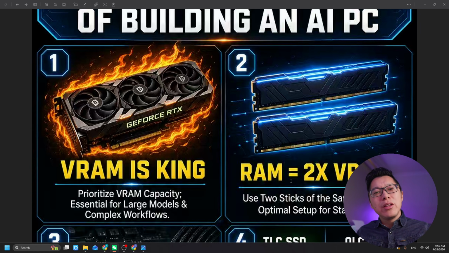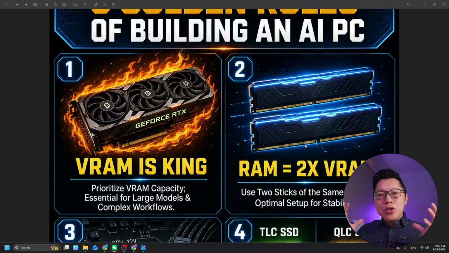The VRAM determines whether you can run a model or not. The rest of the specs determine how fast you can run this model. Rule number 2 is you should always aim for 2x the capacity of your VRAM in RAM. For example, if your VRAM is 16 gigabytes, you need 32 gigabytes minimum to run it sufficiently. And let's be honest, 32 is a bare minimum for you to run any video generation models efficiently in